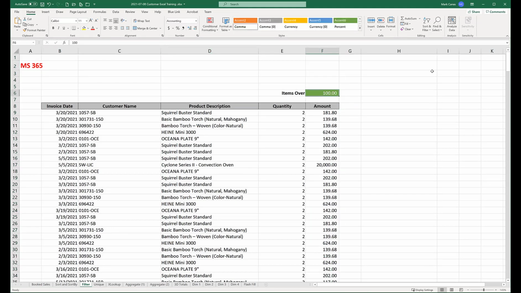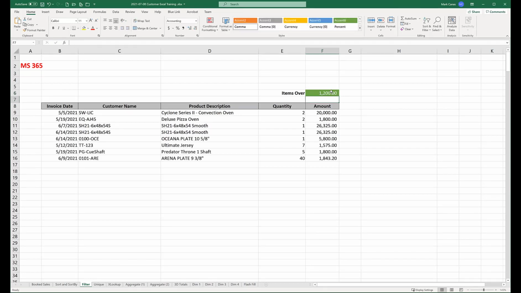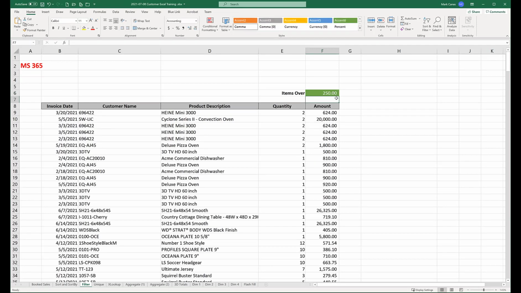And same thing, I can now say, yeah, let's filter it for anything that's over 2,500, and it'll filter it down to only those items that are over 2,500. So, and keep doing this, obviously. Whoops, I've got to do it in the right cell, though. Yeah. Let's try that again. Let's go to there, and let's make that 1,200. Okay. All right, so I'll make it 250, so we get more records. Now, that's an example. So the filter, well, I will say that the filter function itself only allows you to